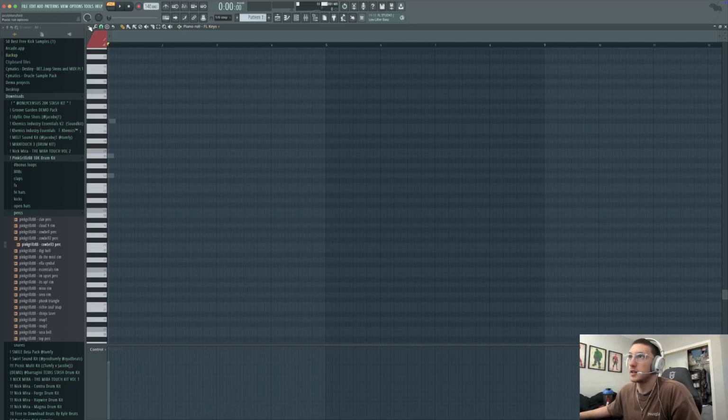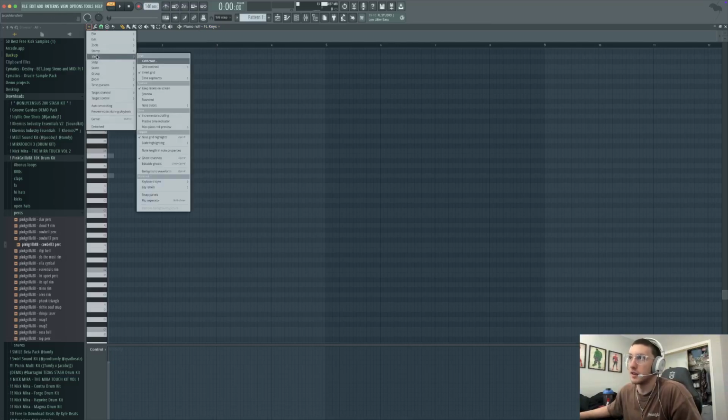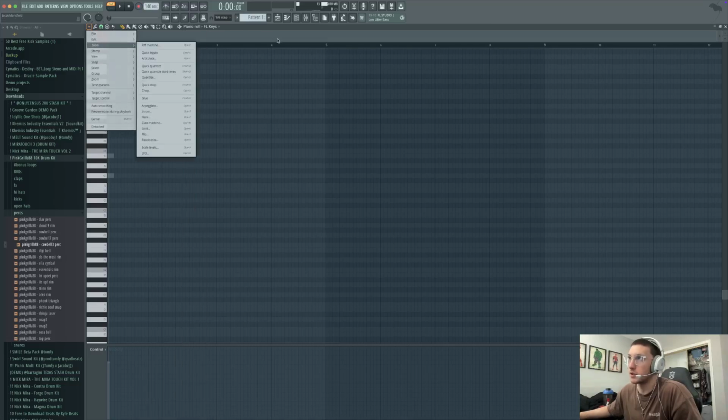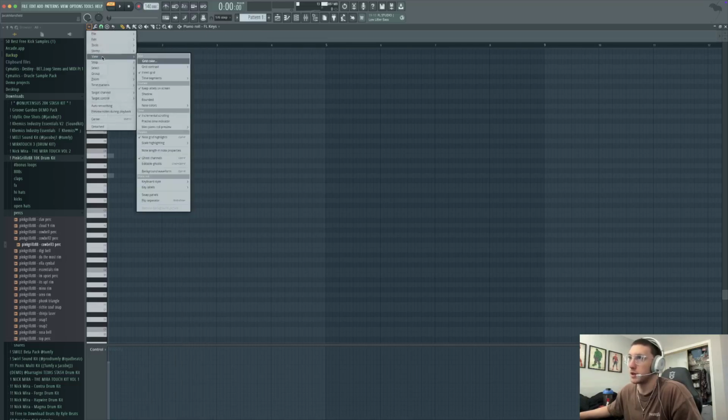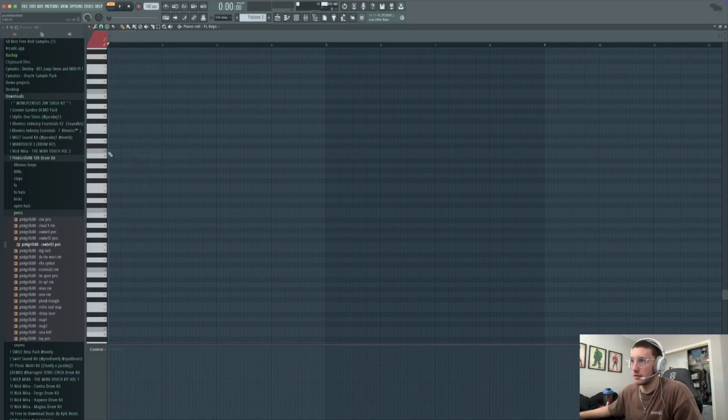So when you're in this area, go up over here, it's going to be this arrow right here. You're going to go to view. If you go to view and then your cursor goes up like over here, it won't show it. So you're going to have to stay on this pattern. You have to stay on view, or you can just move it real quick. Like view, go over here. It's going to be ghost channels. See, if I click it off, you're not going to be able to see the notes on the other pattern. But if I turn it on,